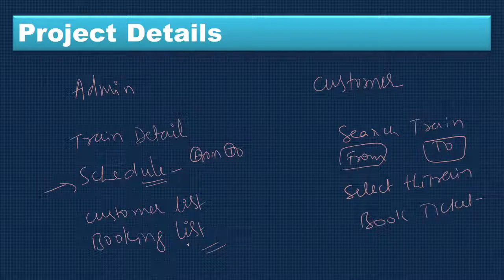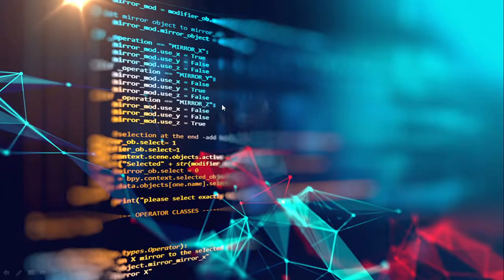So this is an entry level project. At this level you need to complete all these things. Here only, a lot of challenges are there: how you can enter the data, how the search will happen, how to display the data, how the customer selects, and so on. We need to make the complete project and see to it that everything works fine. That is very important. Now let's look at the demo, how the whole project works.